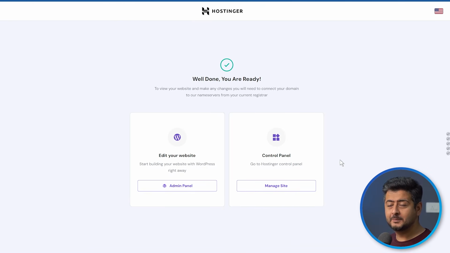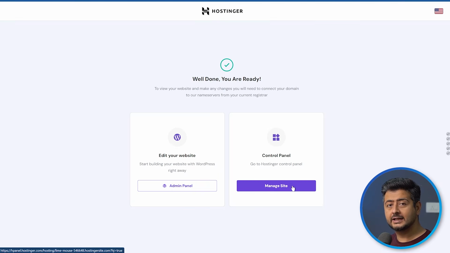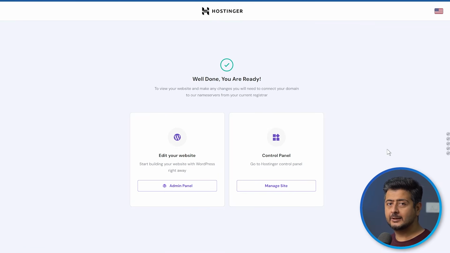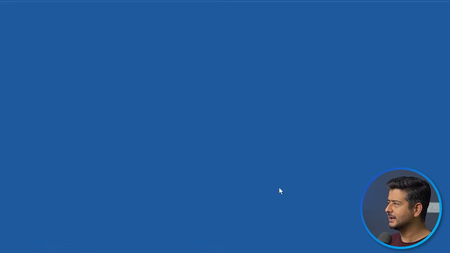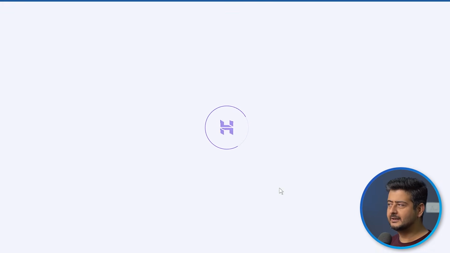So all the steps are now complete, and you'll see this screen which is telling you either you can go to the admin panel of the website directly, or you can go to the control panel inside Hostinger. Now before we go into the website, because there's a lot of stuff we need to discuss there, I would recommend that we go to the control panel first so that we can understand what options we get inside the control panel inside Hostinger to manage our website. So I'll click the manage site button, which will open up in a new tab